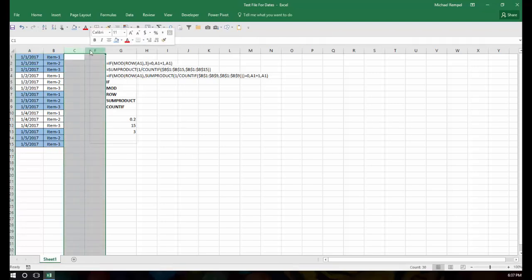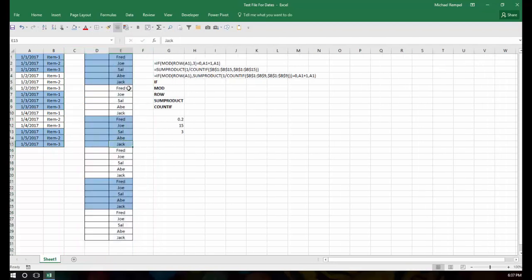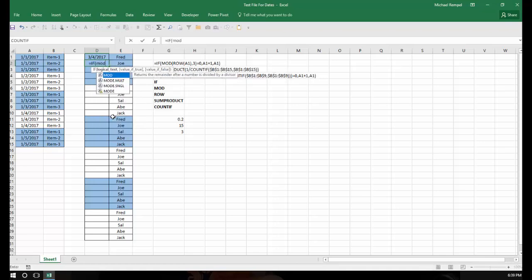So let's just walk through another example. I'm going to unhide this. Here I have 6 sets of 5 unique values. So I have 30 rows here. Here I'm going to enter March 4th, 2017, and in cell D2 we're going to construct our formula. Equals IF MOD ROW, and the row will be cell D1, comma, and for my divisor in the MOD function I'm going to use my SUMPRODUCT, 1 divided by COUNTIF,